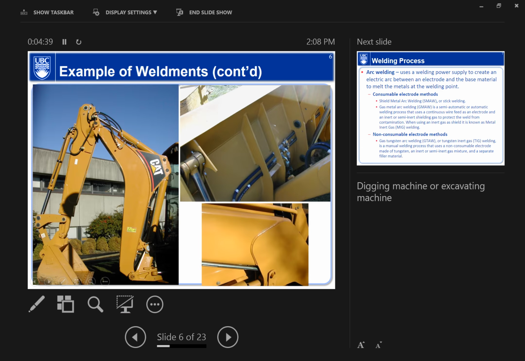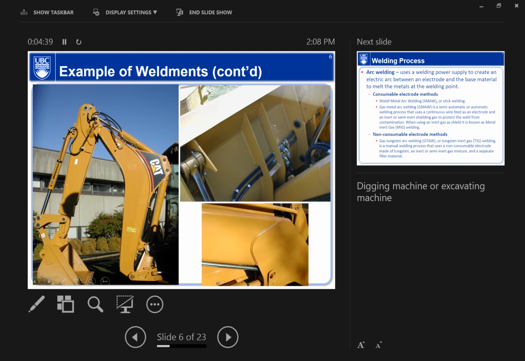Welding process. This is a very basic type of thing you will practice in college, and if you take a technology diploma. The most common type is arc welding. When you use arc welding, it's basically using a welding power supply to create an electric arc between